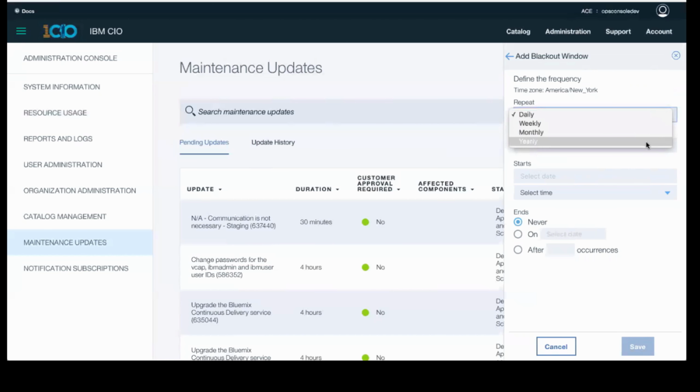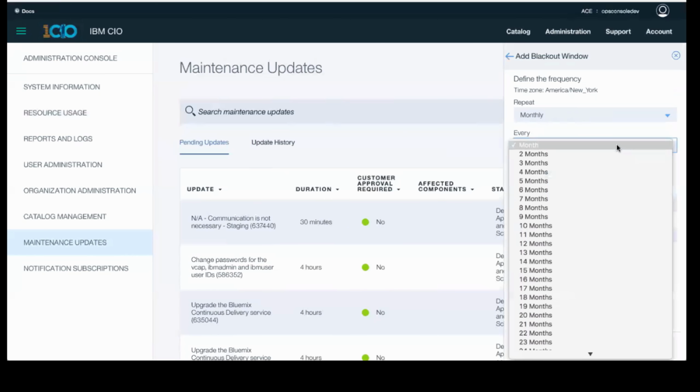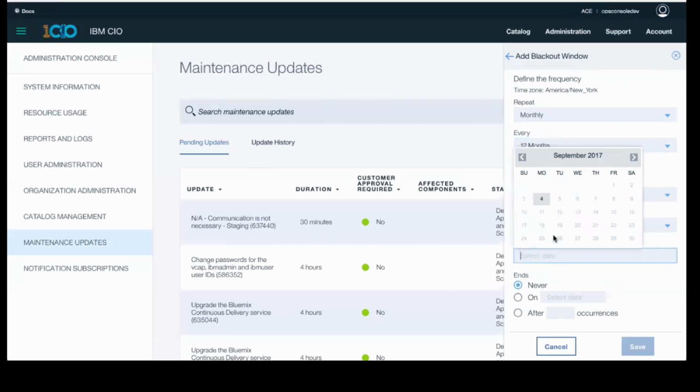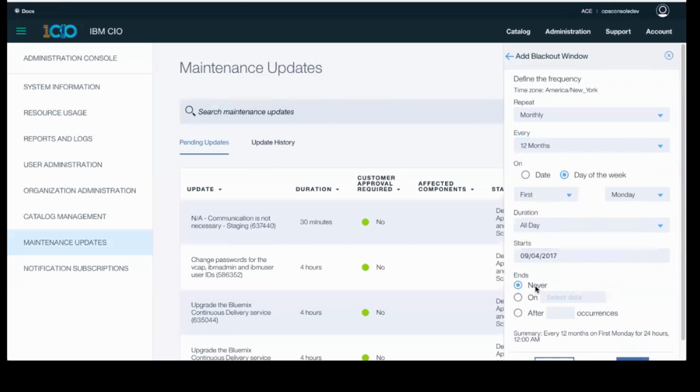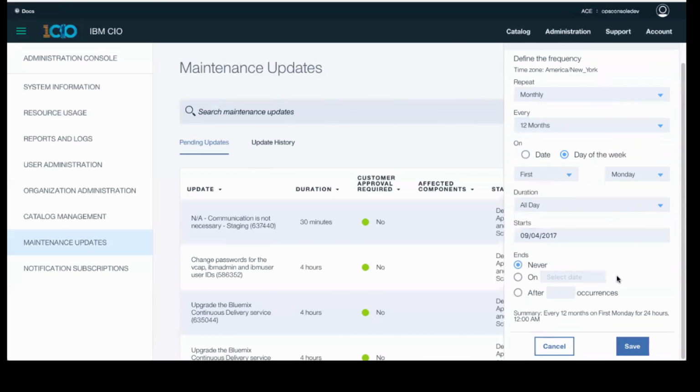So I'm going to set up a blackout yearly date, so I need to set it up monthly, every 12 months, because it's going to happen every year, and I'm going to say the first Monday, for all day, and it's going to start on the 4th of September, which is the upcoming Labor Day, and it's never going to end, meaning that every first Monday in September is going to be a blackout. So when I save it,